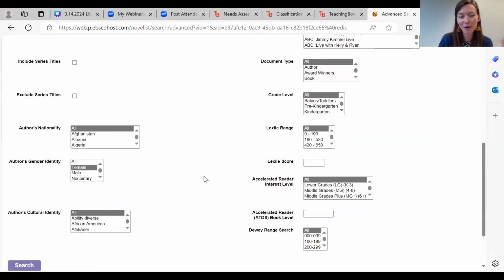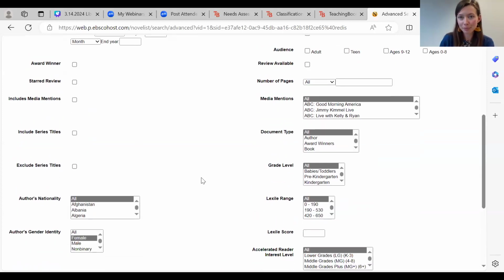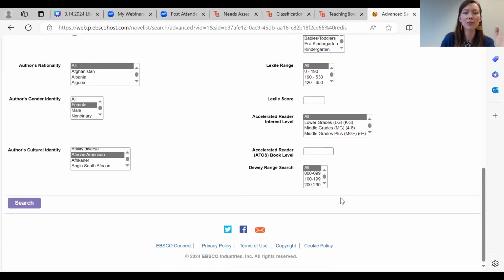So we can do female for Women's History Month. You can filter by their cultural identity. So say you want female African-American authors. Of course, this goes right in hand with grade level, Lexile level, accelerated reader level is available right here too. Dewey range. So whatever you are using to search to make sure you're getting a book that's exciting, representative of